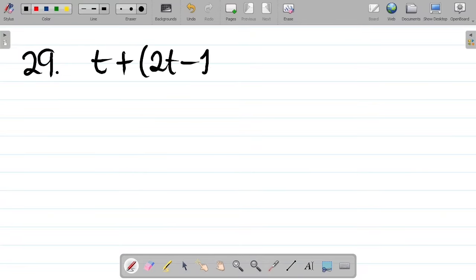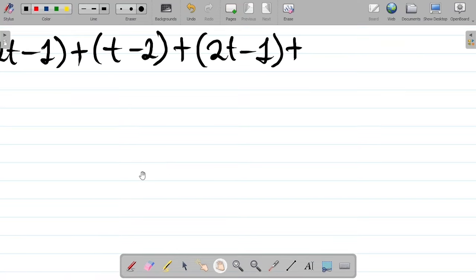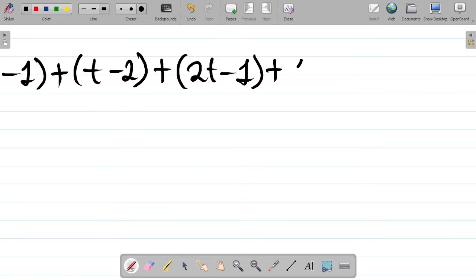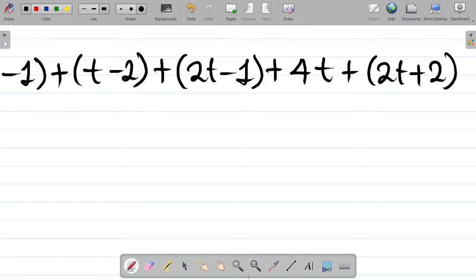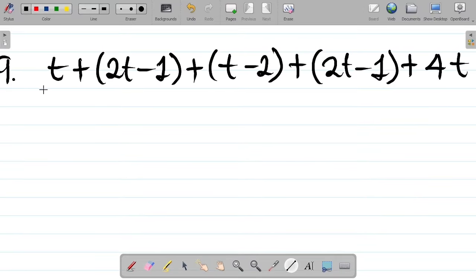If we add them up, it becomes t plus, in brackets, 2t minus 1 plus, in brackets, t minus 2 plus, in brackets, 2t minus 1 plus, another bracket, 4t plus 2t plus 2. So we have this, and this is all over